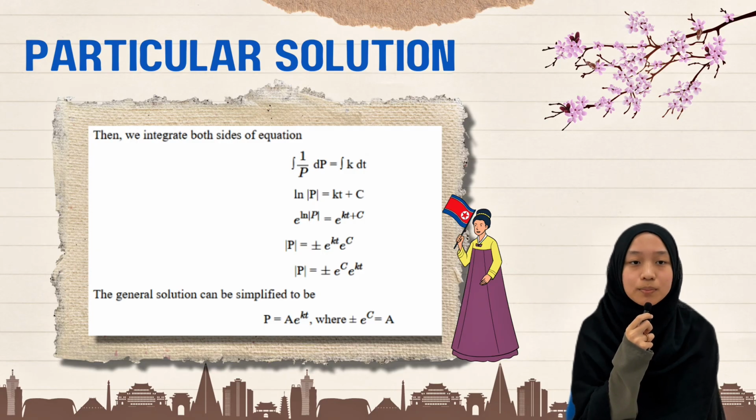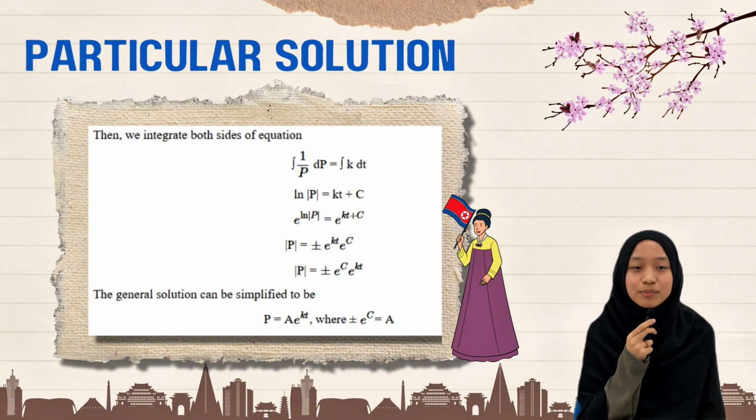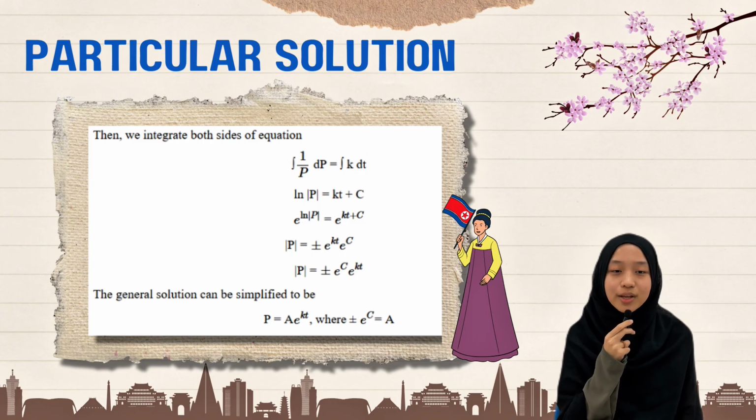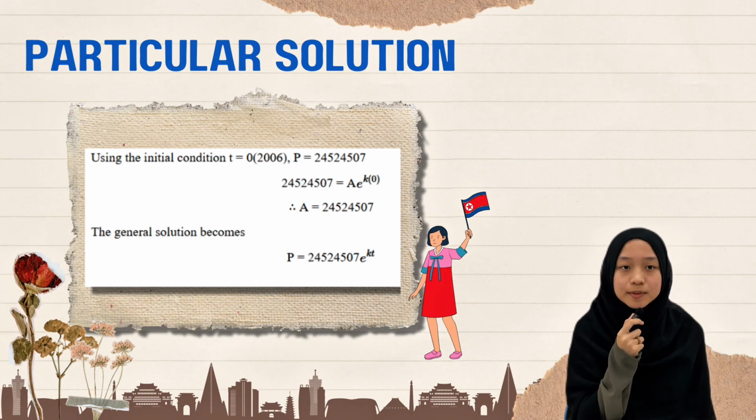And then we exponentiate both sides of the equation, and we will get e^(ln|P|) = e^(kt+c). Next, |P| = ±e^c e^(kt). P = Ae^(kt), where ±e^c is equal to A. Then, we substitute t with the number 0, which represents the year 2006, where the population of North Korea is